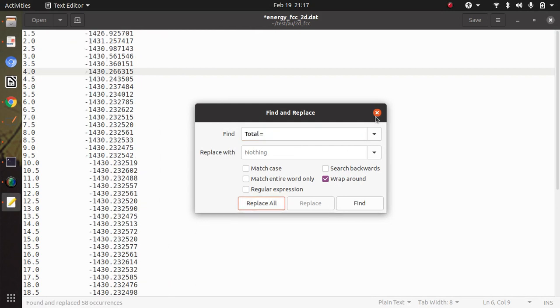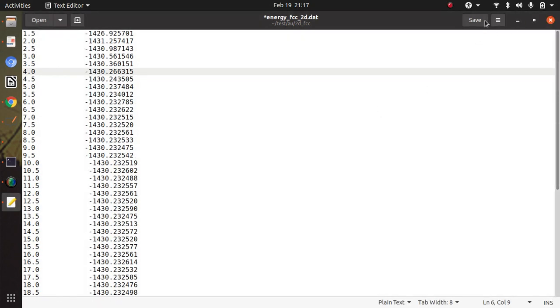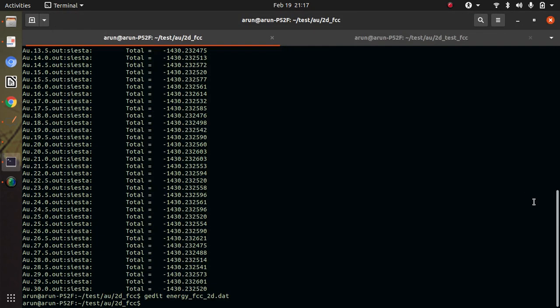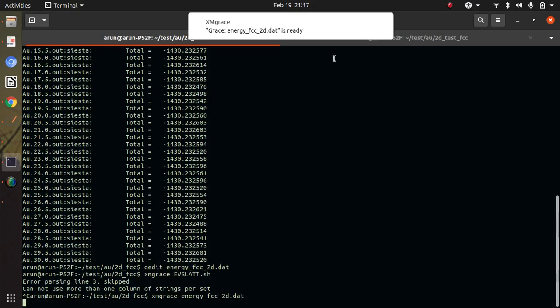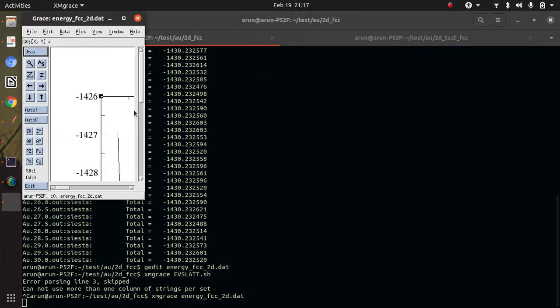The additional flags have been removed. Now let me plot it. I am using XMGrace.